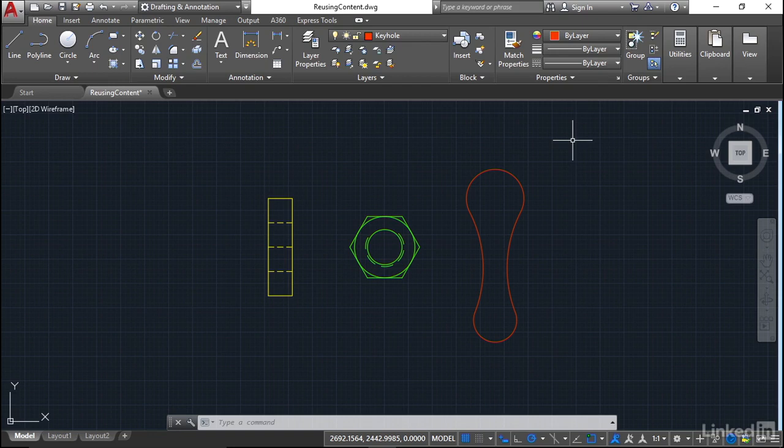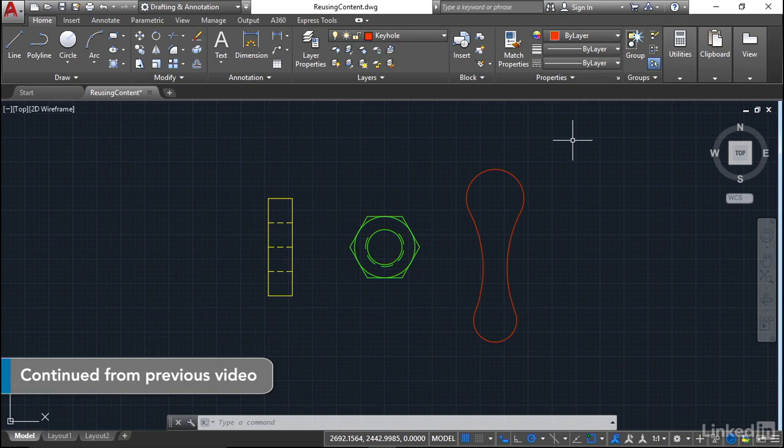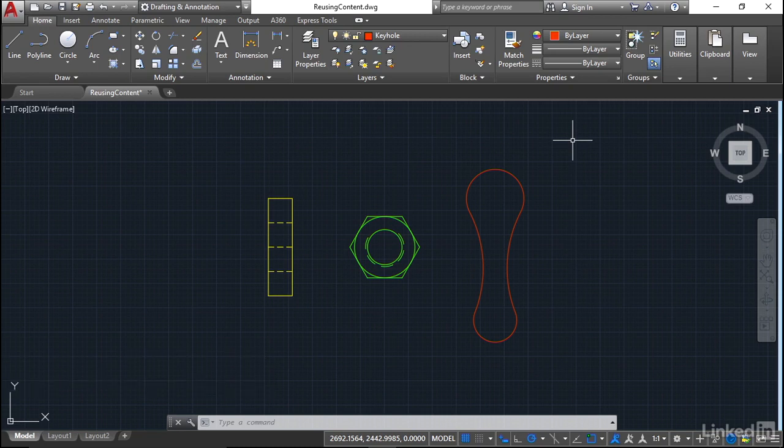We're staying in the reusing content.dwg file. At the moment, what we've got is our hinge, our bolt, and our keyhole. You'll notice that none of them are groups. They're just individual lines, arcs, circles, etc. What we're going to look at is creating and inserting a block into our